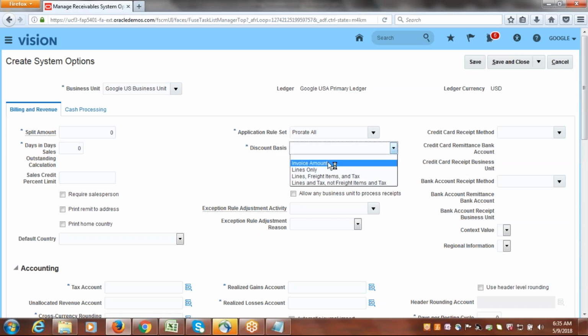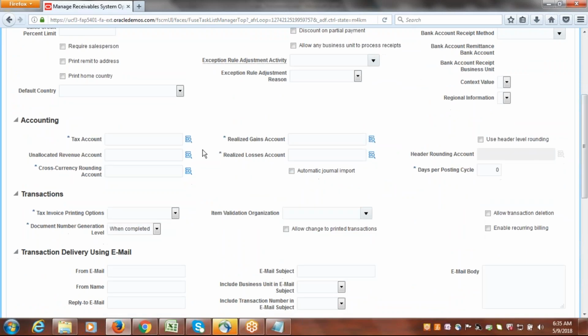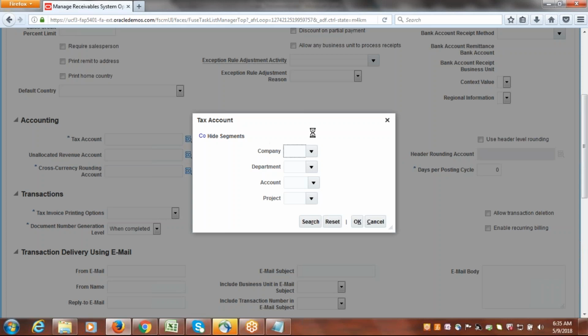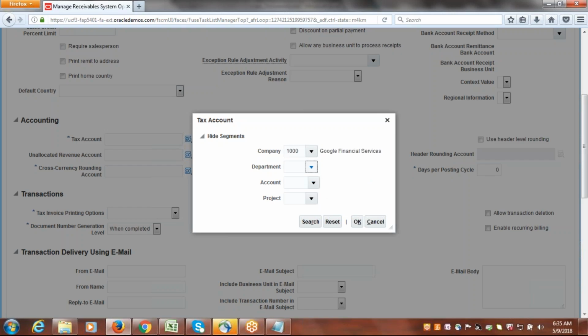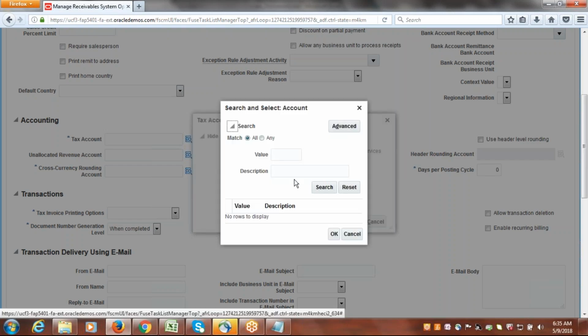and discount basis, invoice amount based discount should be calculated. Provide these mandatory accounts: tax account, cross currency rounding account, retained realized gain loss accounts. Just provide all these accounts. So company, department. For the tax account, you may just select sales tax account or any other account just to fill this field. Sales tax,